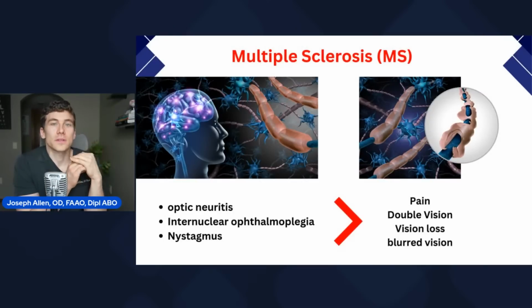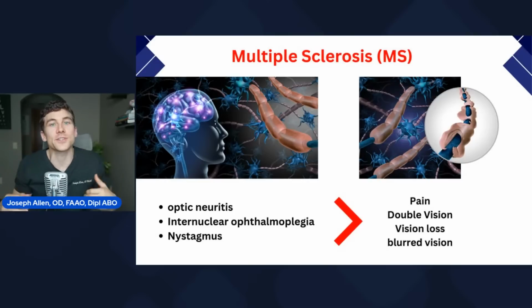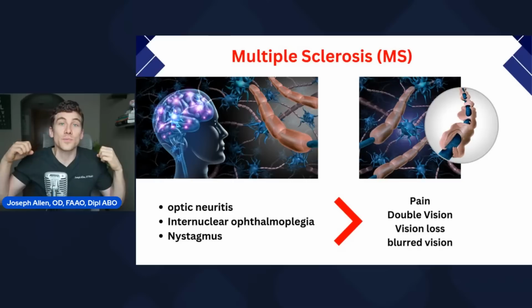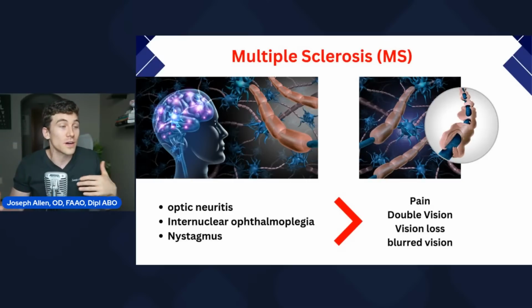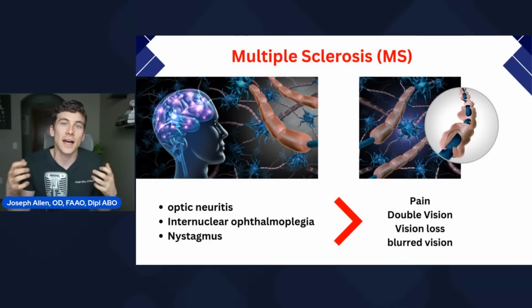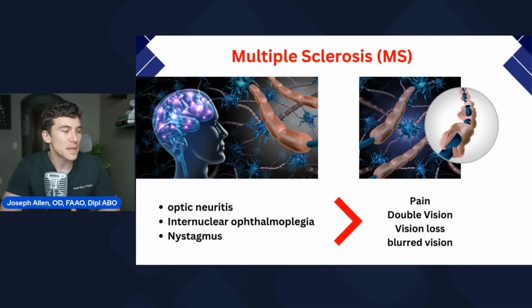Multiple sclerosis. This one surprises a lot of people. So multiple sclerosis is an autoimmune attack of the myelin sheath around your nerves. This is the fatty sheath that insulates your nerves to allow signals to propagate and communicate to other nerves throughout your body quickly. And so, unfortunately, these myelin sheaths start to get degraded, and people start to have a lot of neuromuscular communication and just nerve-to-nerve communication issues throughout their body, and it can significantly change your life.